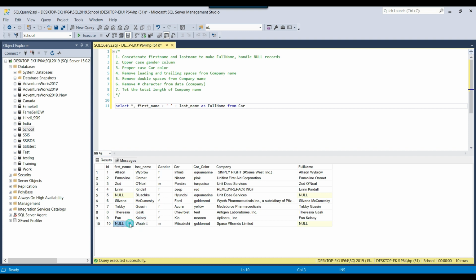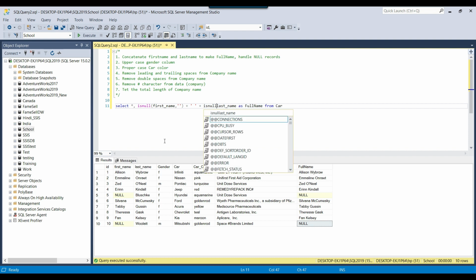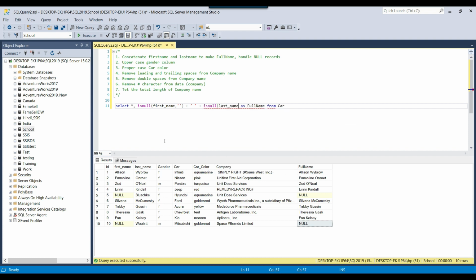When I concatenated the first name with the last name, the overall full name became null. So how can we handle that? We can use the isNull function and put a blank string, so that if there is a null value, it will be replaced with a blank string. I can do the same with the last name as well, so that it handles the null records.